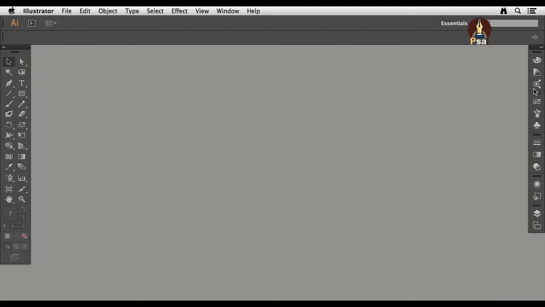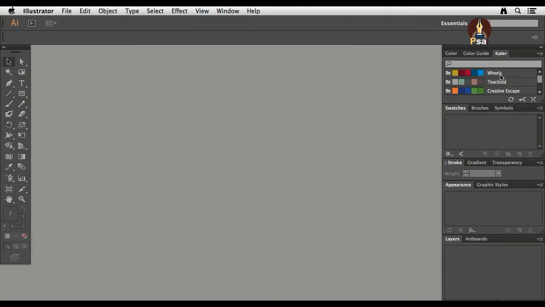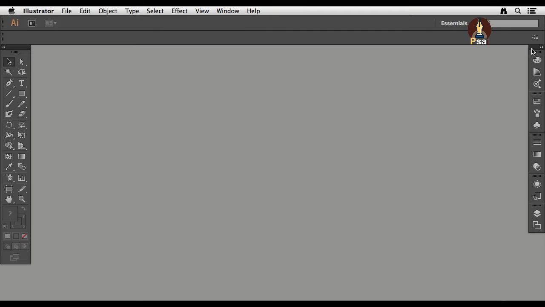Now in addition, over here on the right-hand side of my screen, we have the panel dock. And by default, when you first launch Illustrator, there are a certain number of panels that have been configured for you. Right now we're seeing these panels in what's called a collapsed mode. But if you click on this double arrow, it's going to expand the panels so that we can see all the panels at once. Now, the downside to this particular view is that it occupies a lot of screen real estate. So we're going to go ahead and click on the double arrow again